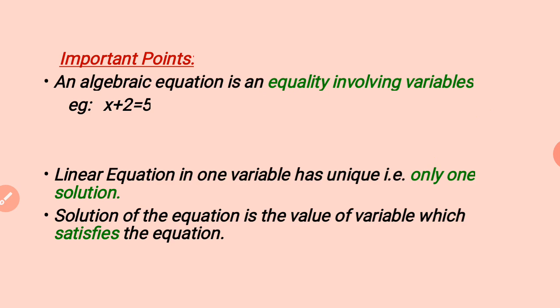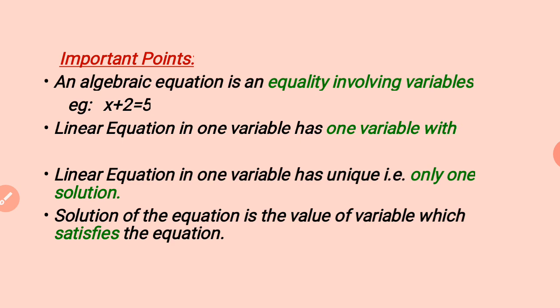It is considered to be the center, and considering it to be the center, you can say that x plus 2 lies on its left hand side and 5 lies on its right hand side. That is how you can understand. Now equality means this x plus 2 and 5 both are equal, though you can see that different numbers are written, but finally mathematically they have to be equal.